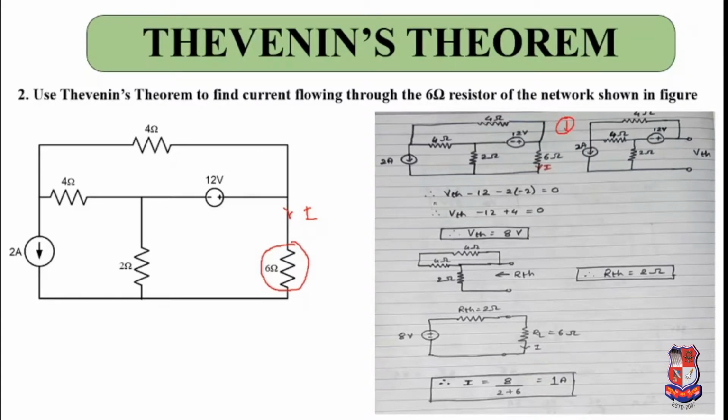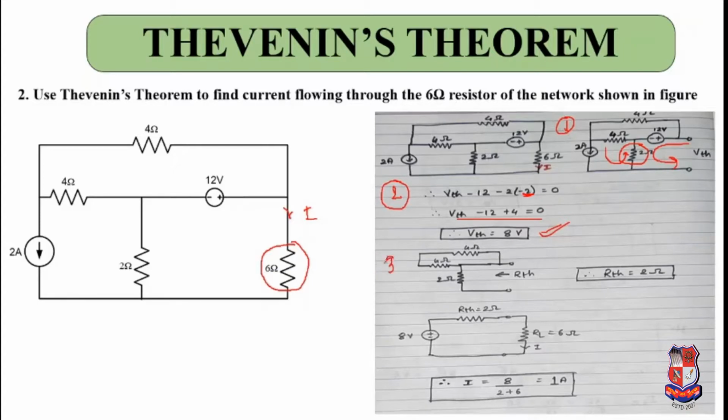The second step is you need to find the voltage VTH across that open circuit. So VTH across the open circuit will be minus 12 and minus 2 times the drop. Minus 2 times is the resistance, and the current will be this current which is flowing here. So it is 2 ampere which is flowing in the opposite direction to the actual, that's why I have written minus 2. So the equivalent VTH will be minus 12 plus 4, which gives VTH to be plus 8 volts. So the second step is completed.